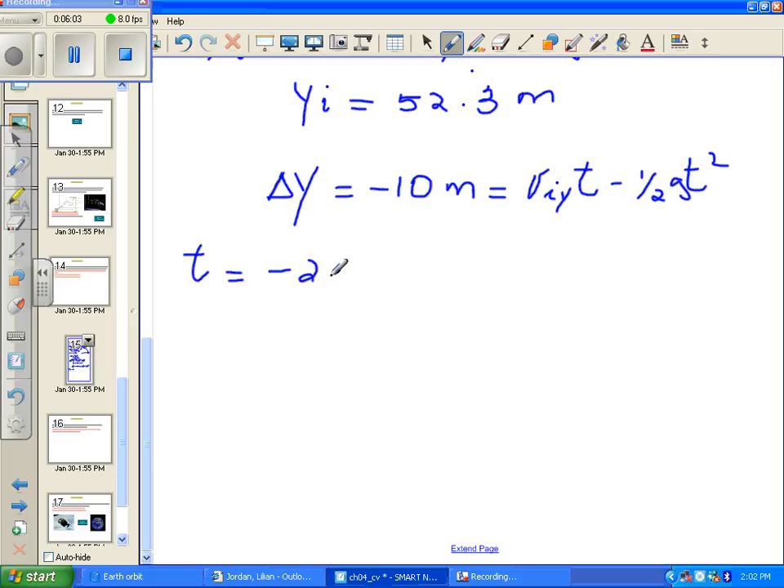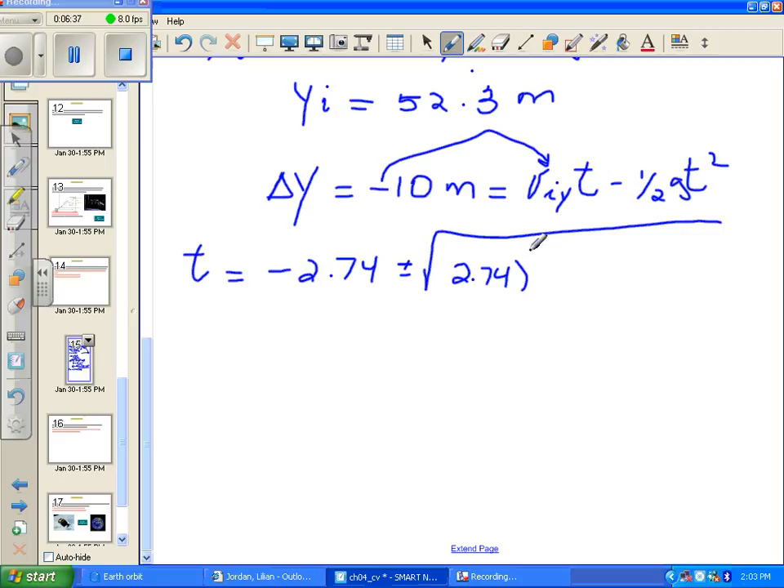Minus 2.74 meters per second, which is minus b. And remember that b would be v initial y with a negative in front of it, but because v initial y is negative itself, negative times negative gives us a positive b. And so in the quadratic, minus b is then minus 2.74 plus or minus the square root of 2.74 squared